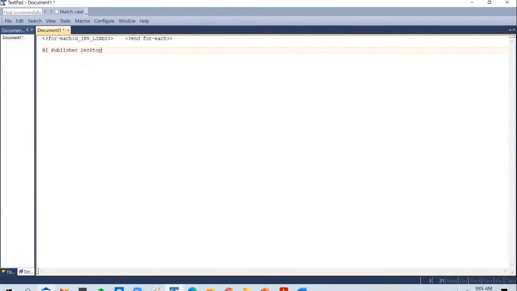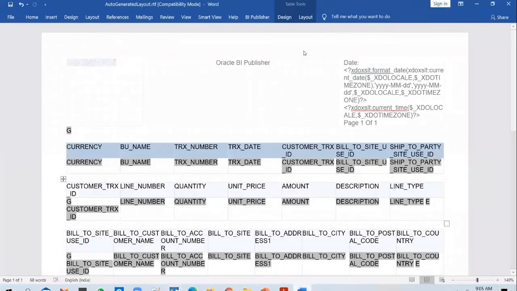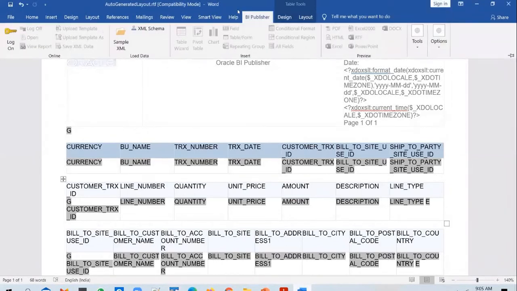After you install the software, if you go into your Word document, you will be able to see a tab like this, a BI Publisher tab. You see in my Word document, after Help, I could see BI Publisher in there. Once you install BI Publisher Desktop on your machine or laptop, you will see this tab. This tab helps you keep making changes to your RTF document, and it gives you an option to generate PDF output directly from the RTF here.